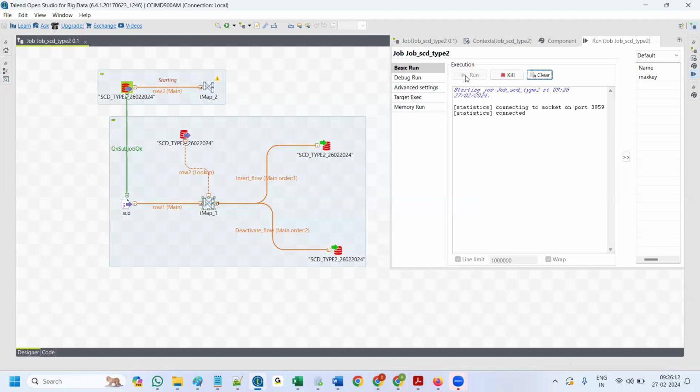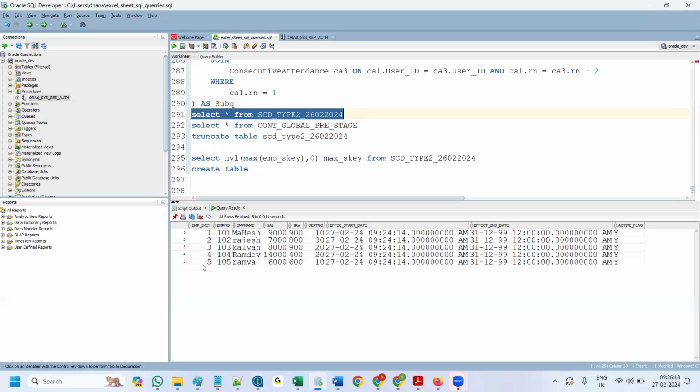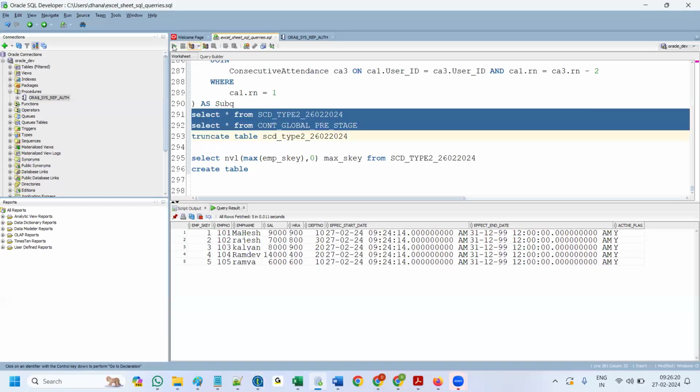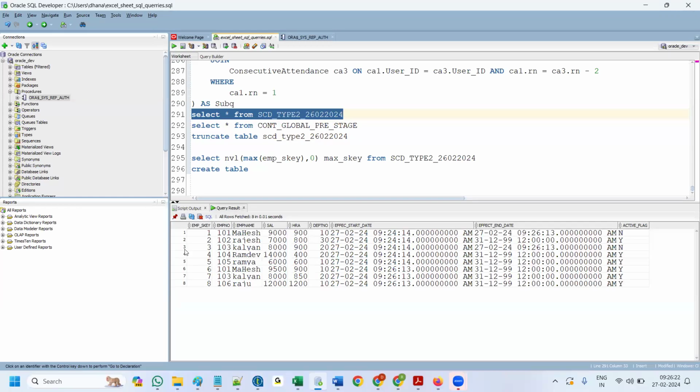Three inserts, 2 deactivates. Now what is the max key? Employee surrogate key. Again, run the job. See now,